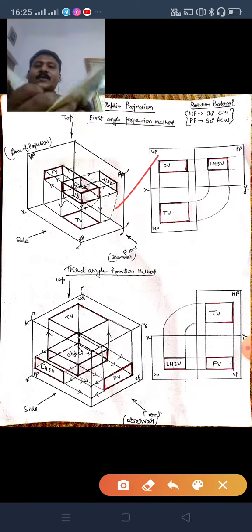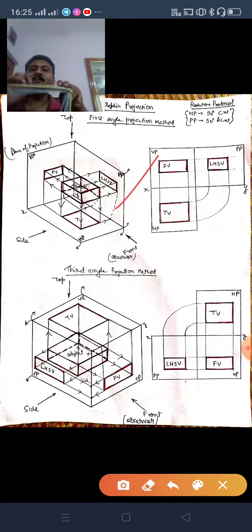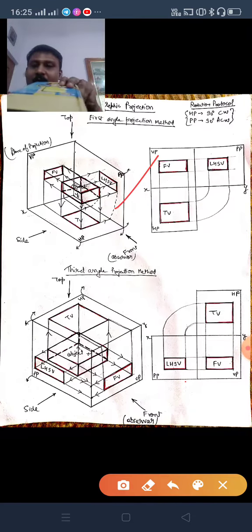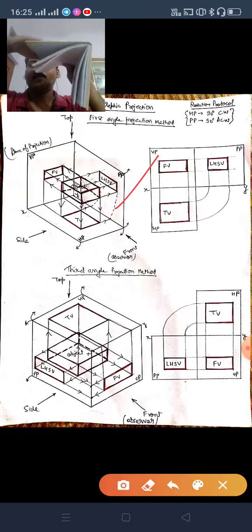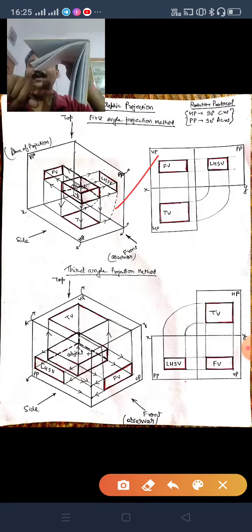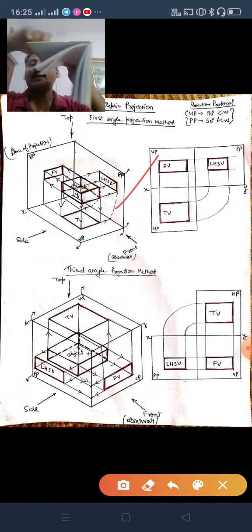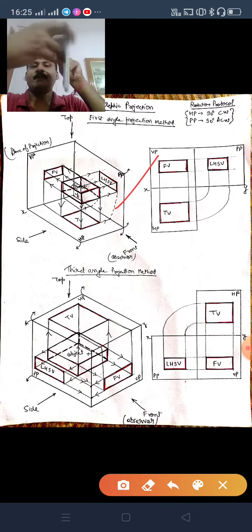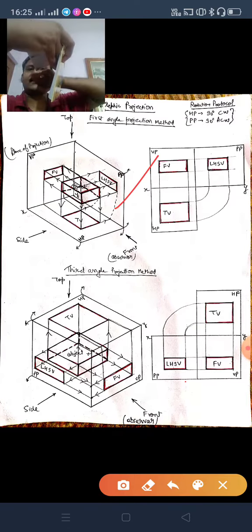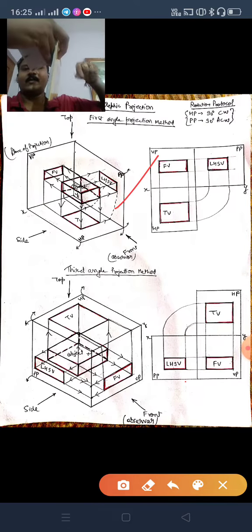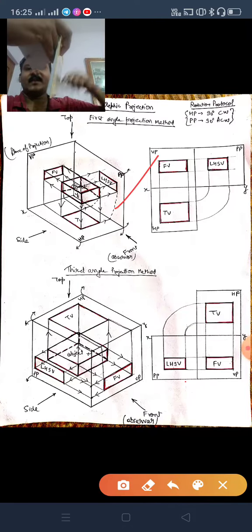But in third angle projection method, this is the condition. This is the horizontal plane, and now you are watching the object from the top. Here is the object, you are standing here, and this is the plane. So you will not be able to visualize this object unless you make this plane transparent. Similarly, this is the vertical plane and this is the object, and you are standing here, so you will not be able to see the object kept over here unless you make this plane transparent, isn't it?